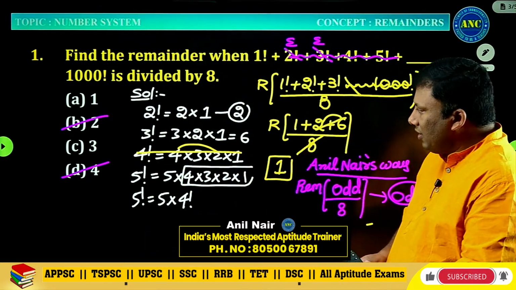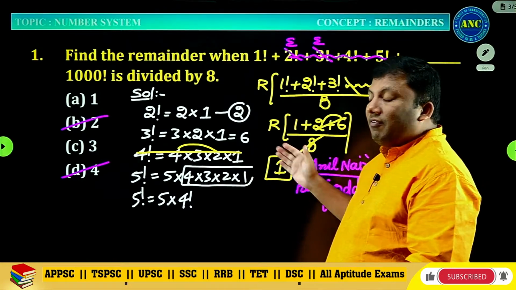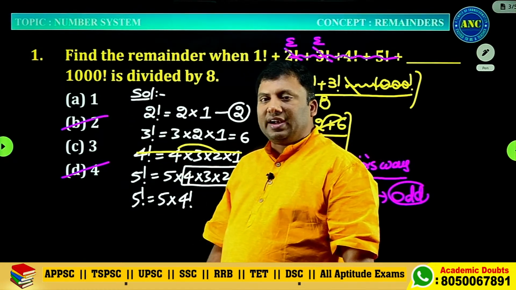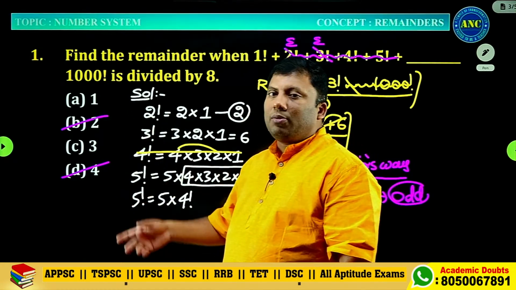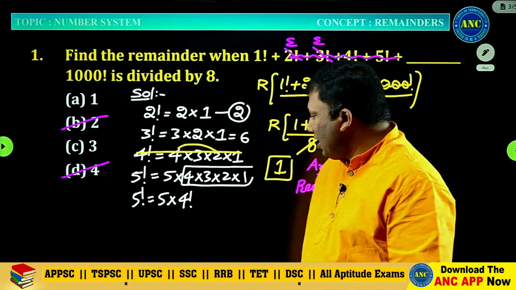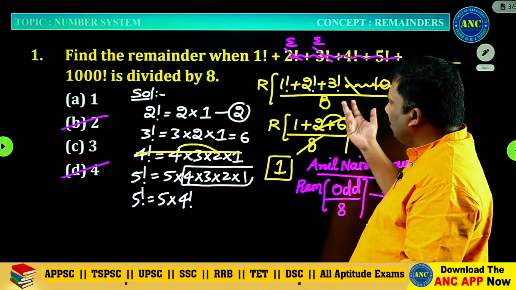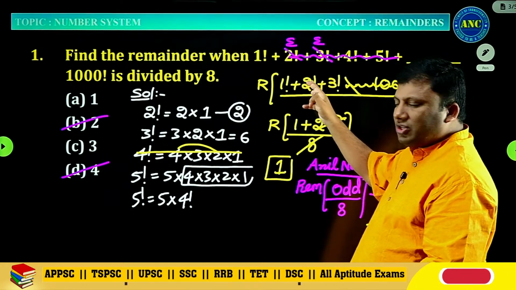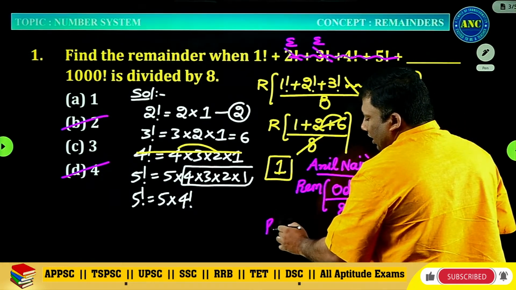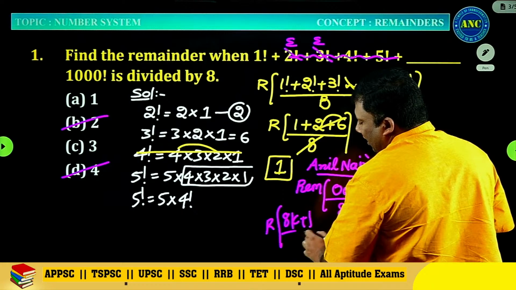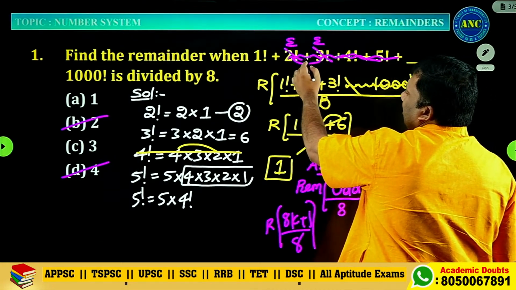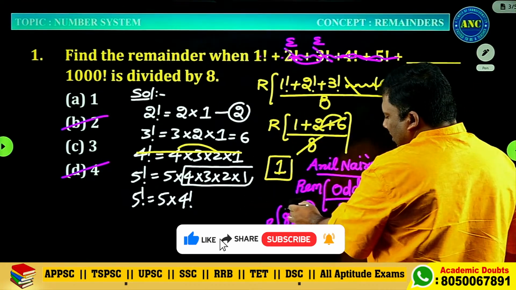50% of the answers are out. That means out of 4 options, instead of a 25% probability of getting the right answer, you increased the probability to 50% only because of understanding of fundamentals. The answer should be an odd number. Now you can go ahead and see 6 plus 2 is 8, so the answer is of the form 8k plus 1, divided by 8. Why 8k plus 1? All are divisible by 8. 6 plus 2 is 8, 8 plus 1. So the answer is 1.